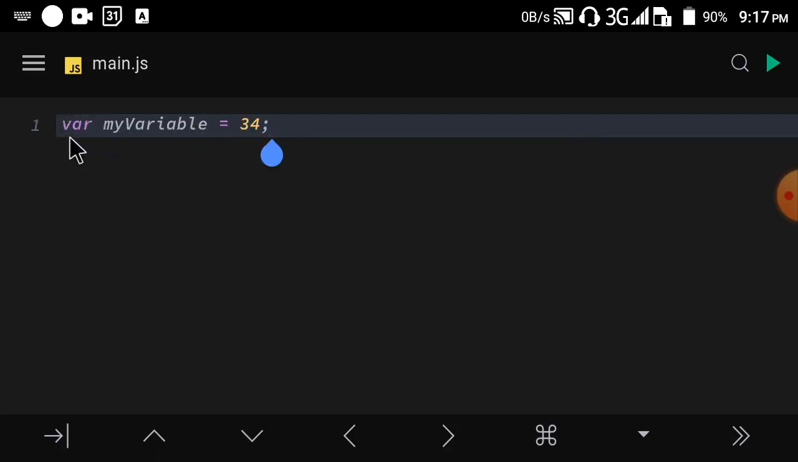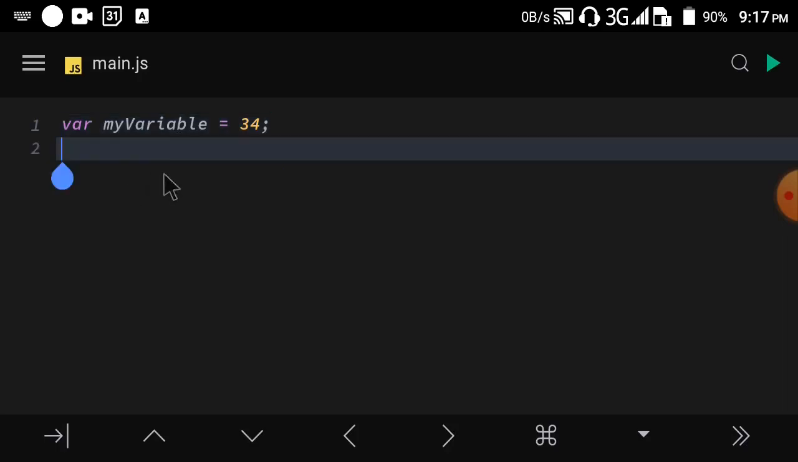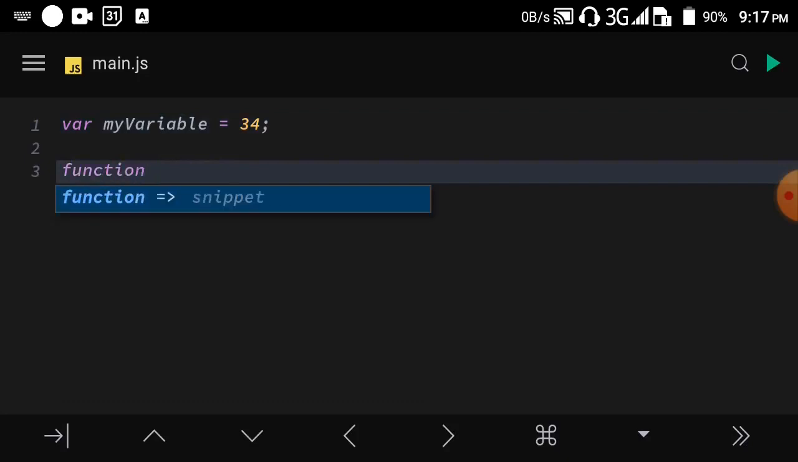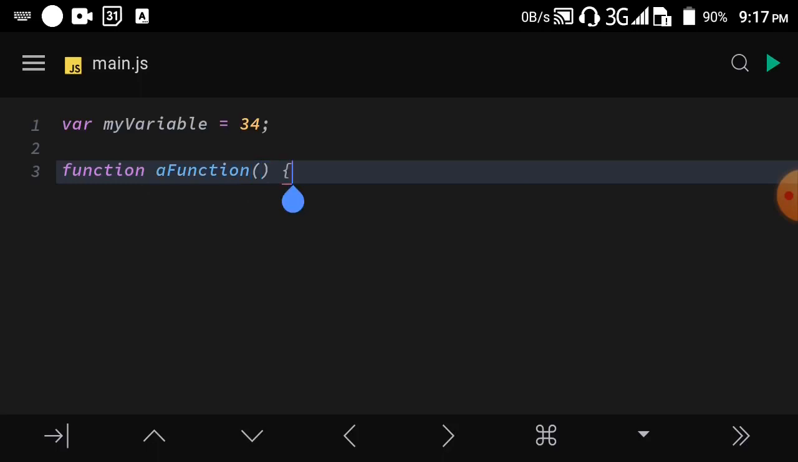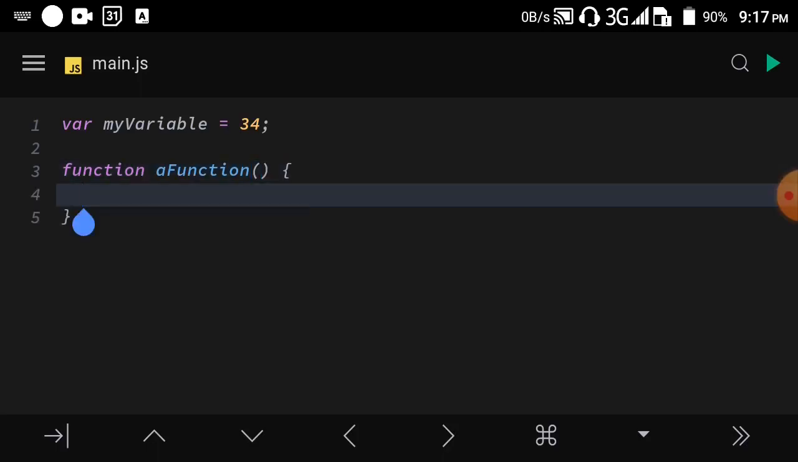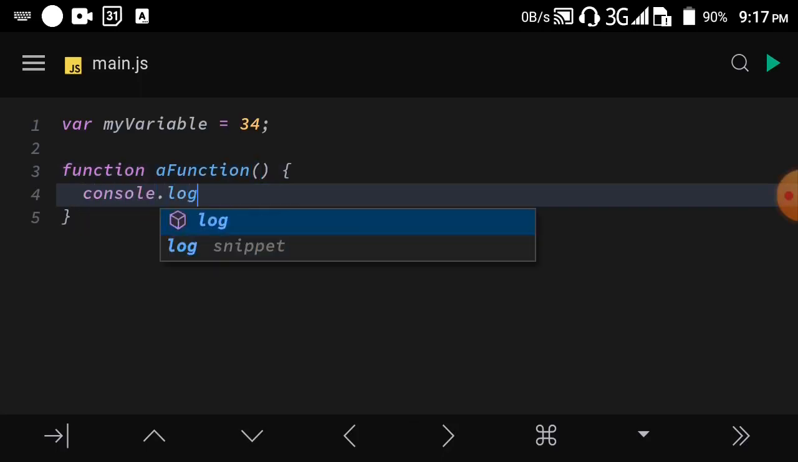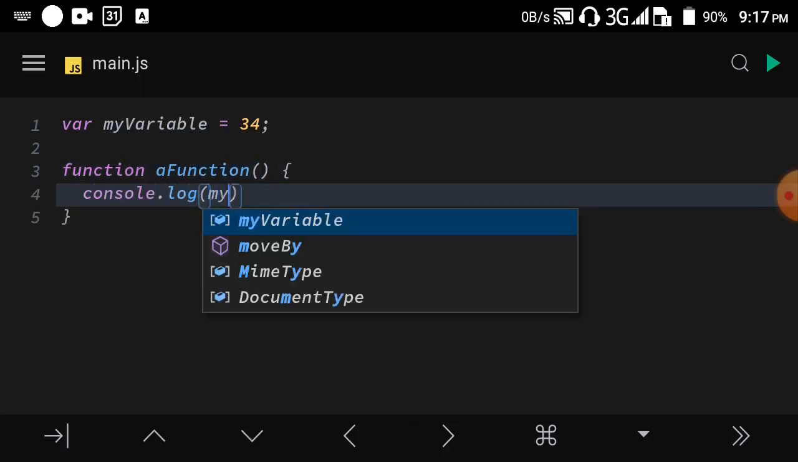As we have used the var keyword, I will say this variable is in the global scope. That is, it can be accessed in any function down the line. So let's say, for example, we define a function here. Let's say we have a function like this, and what this function does is console.log myVariable,